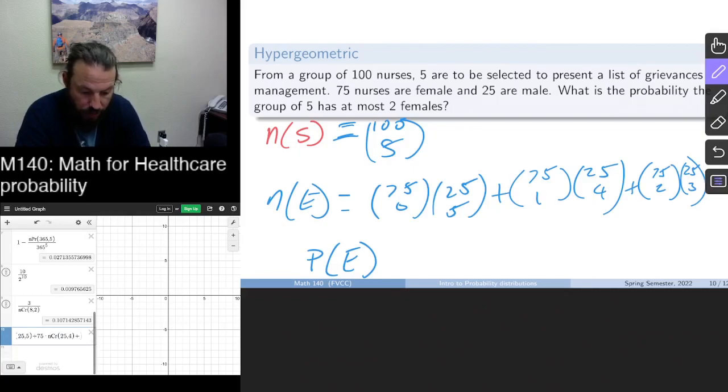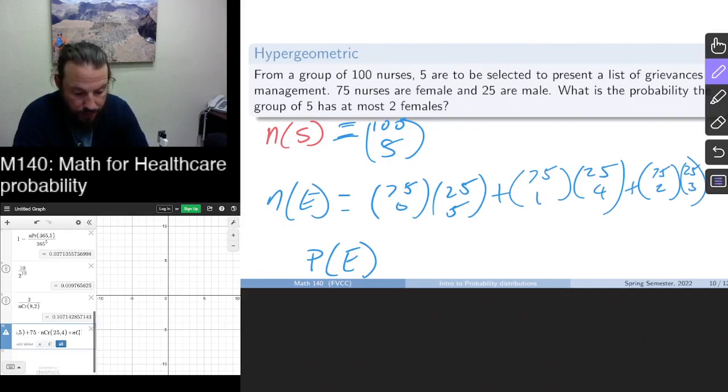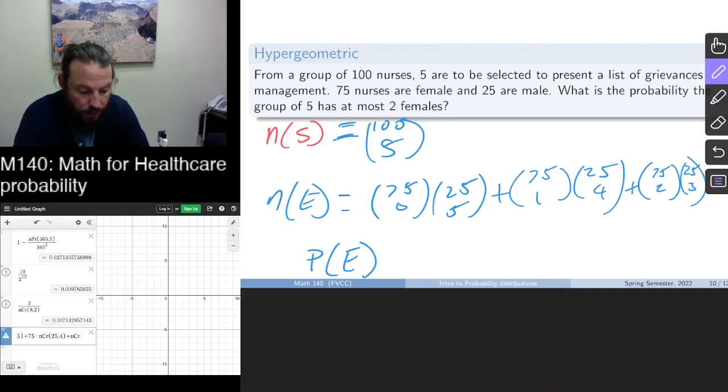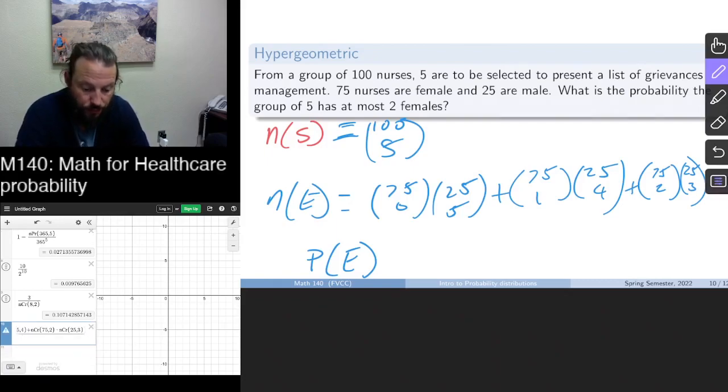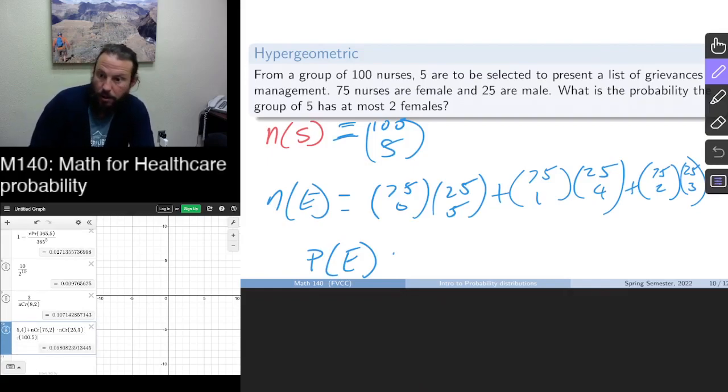And lastly, we have 75 choose 2 times 25 choose 3. And we divide by our sample space, which is 100 choose 5. And we get about